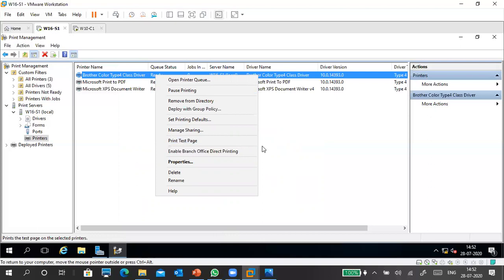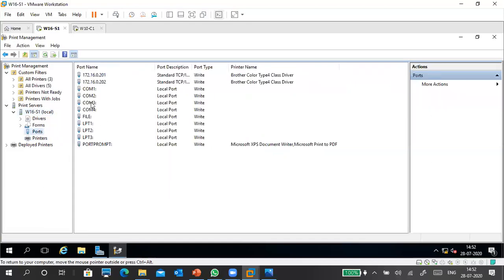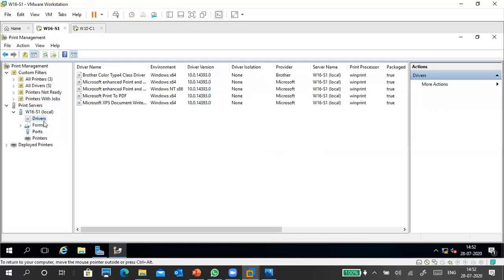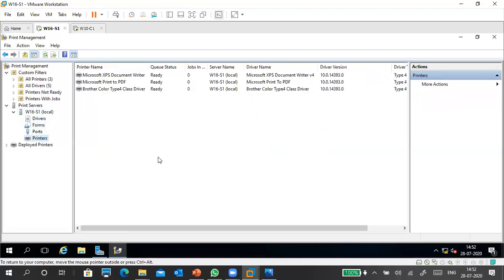If you don't put a printer in Active Directory, this will be disabled. Okay, guys, the printer and printer pooling is completed. Creating a printer and printer pooling is completed. This is for the drivers management part, and this is forms, which type of print documents are there. So this is how we can add a printer, how to create a pool, as well as list in the directory, sharing the thing.